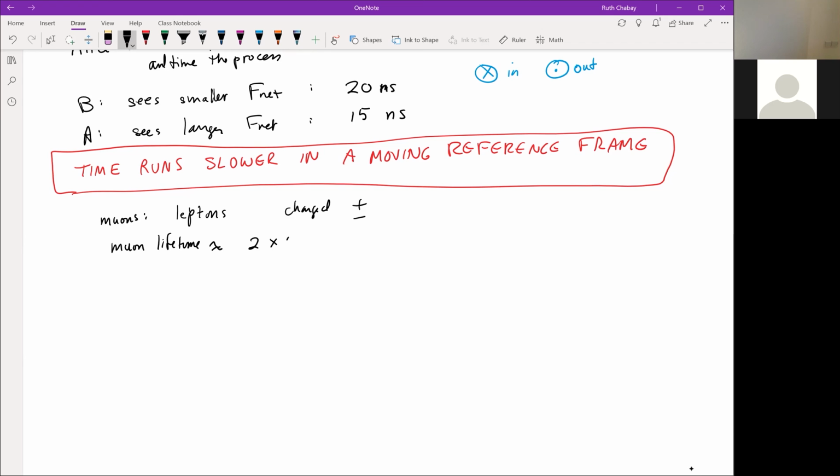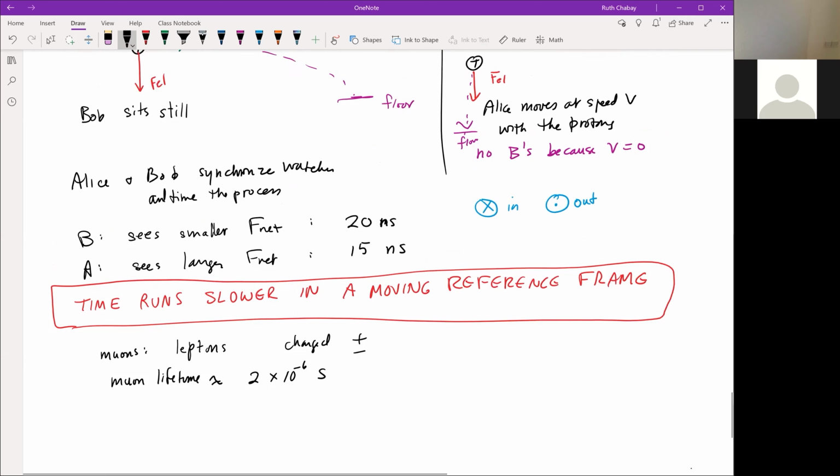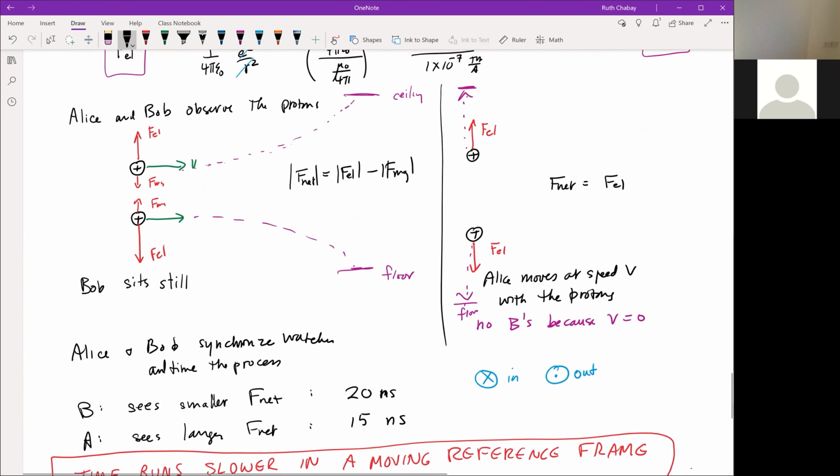So about 2 times 10 to the negative 6 seconds, and then they decay into other particles. So why doesn't Alice have a magnetic field? Because, so imagine that